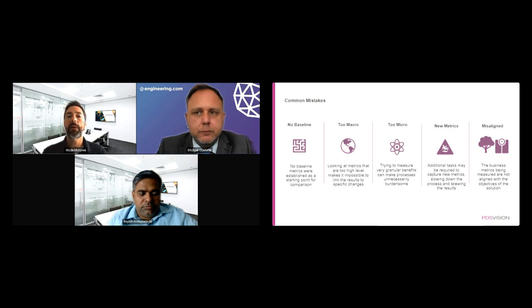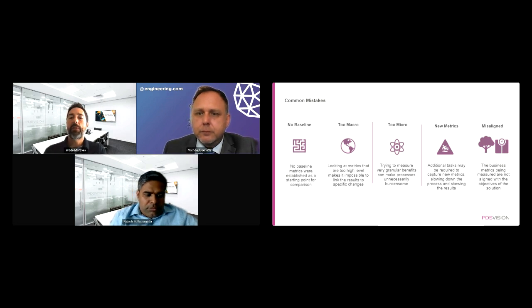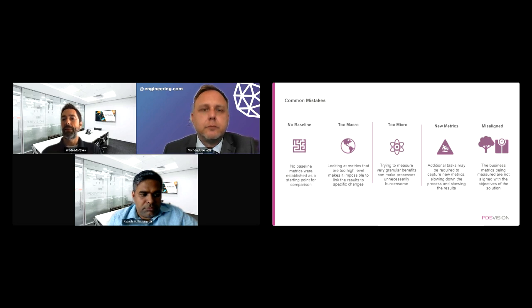And so one of the other mistakes we see organizations make is to try to introduce new metrics in order to track the success of this project. And so, if you're trying to introduce new metrics, again, if that's not something you were tracking before, you're probably adding new steps to the process in order to collect that data and in order to try to validate this. And so you're sort of artificially skewing the results and making your new process less efficient because you're collecting this data that you weren't before.